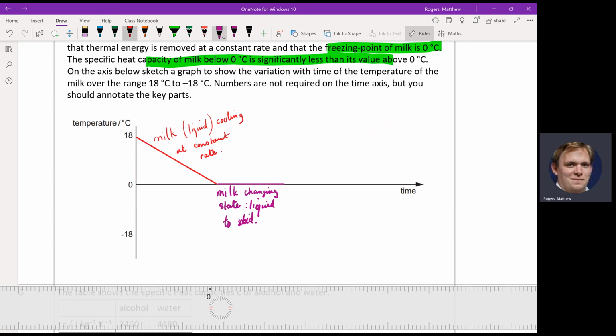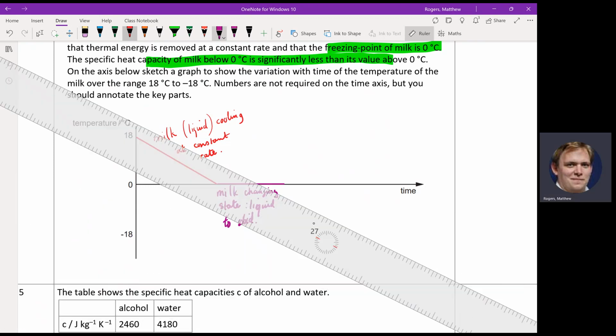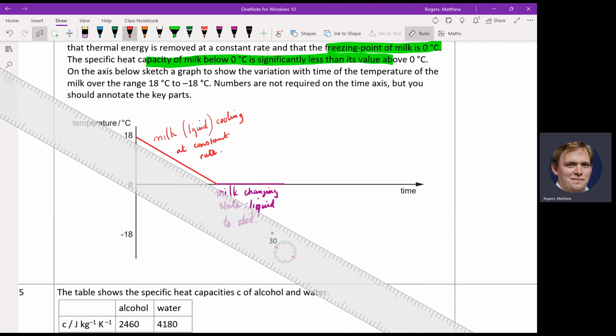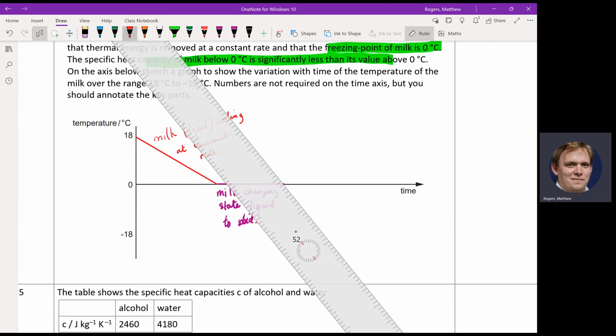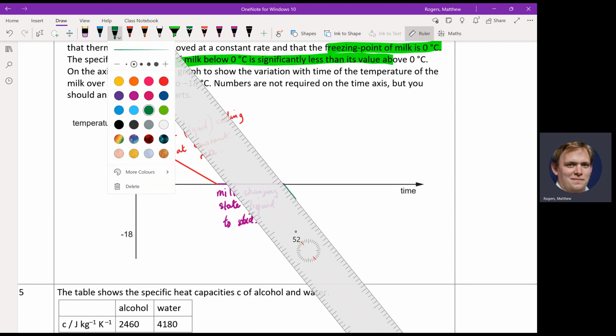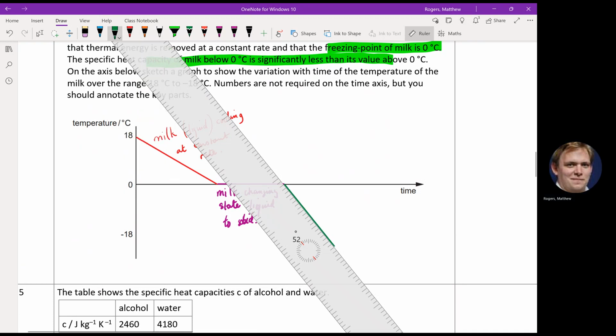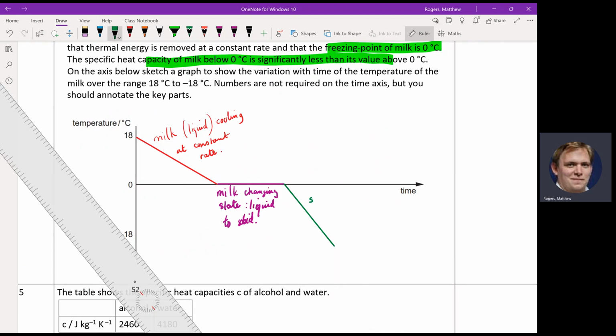And then the second part, so the specific heat capacity is lower. So when we remove the same amount of energy, we should expect a bigger temperature change. So compared to our first gradient, we should expect the thing to cool more quickly now because it takes less energy to change its temperature. I'm going to put in a steeper line here. Let's change the thickness so it matches the others. Steeper line here, and this is the solid milk